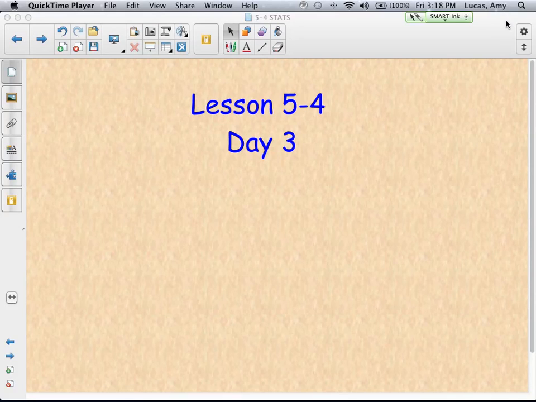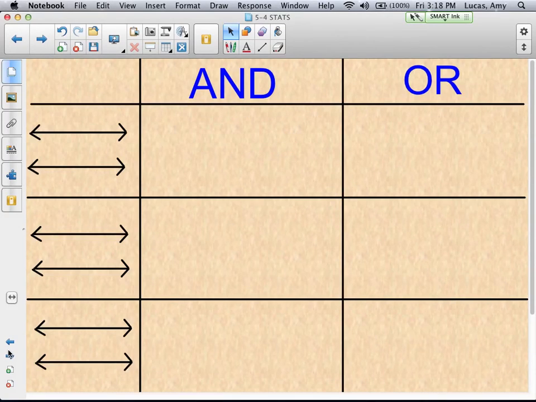Lesson 5 Day 3. This is a really tricky lesson, so we're spending 3 days on it to really, hopefully, help you be successful with figuring out how to work with compound inequalities. What you see is a little grid with the words and or to represent our compound inequalities, and then I'm going to draw some graphs over on the left, and I'm going to explain what type of graph will be created if the two inequalities were separated by the word and, or if they were separated by the word or. So my first inequality example,